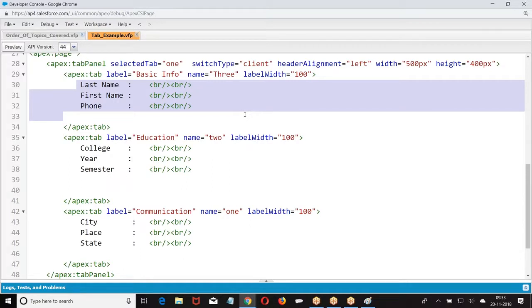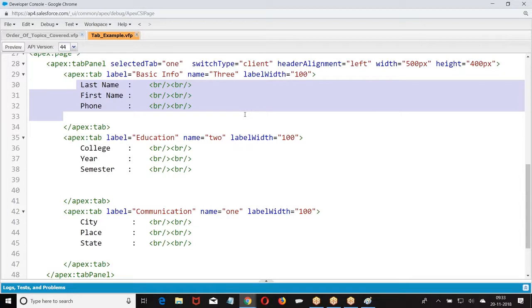Hi Satish. Yeah, go ahead. I do have one doubt regarding the selected tab and the switch type. By default, if we specify the ID as one or name as one, it will be selected. Fine. Yes. So what is the reason behind specifying the name? When you give a name, we can control the selected tab using a program. When I give a name, I can control this using an Apex program.